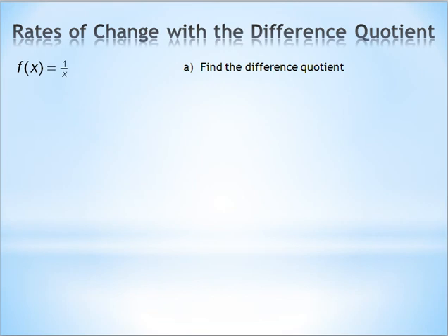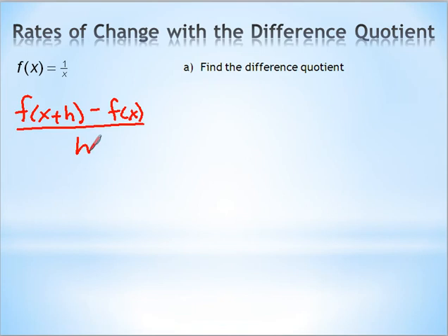Okay, we're going to do another example of finding rates of change using the difference quotient, and in this example f of x equals 1 over x. First thing we're doing is finding the difference quotient. Remember, the difference quotient is f of x plus h minus f of x, and all of that is over h. Once again we're going to plug this entire quantity in for x in the function to find f of x